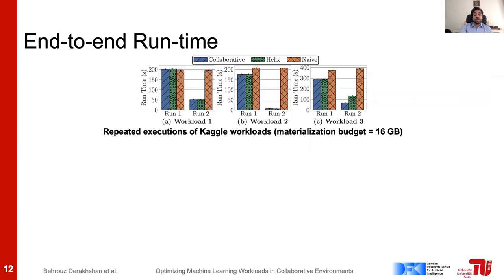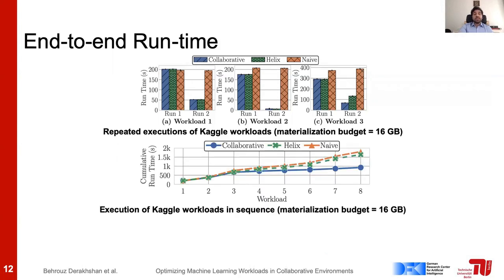And in this figure, we see the execution of all the Kaggle workloads, all 8 of them, one by one. Here we see that by the end of the process, we outperform Helix and the naive approach by 50%. And the reason is that the materialization budget here is very small, and our materialization algorithm is able to select more beneficial artifacts for materialization, which leads to a